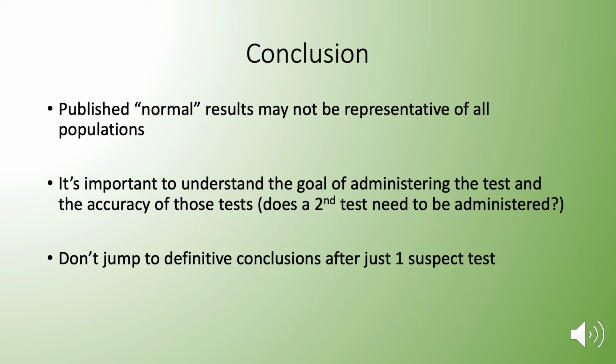So, do we need to administer a second test to confirm the diagnosis or to confirm the exclusion? And don't jump to definitive conclusions after just one suspect test. We may need to administer more tests and look more deeply into the situation before confirming to the patient that they have this